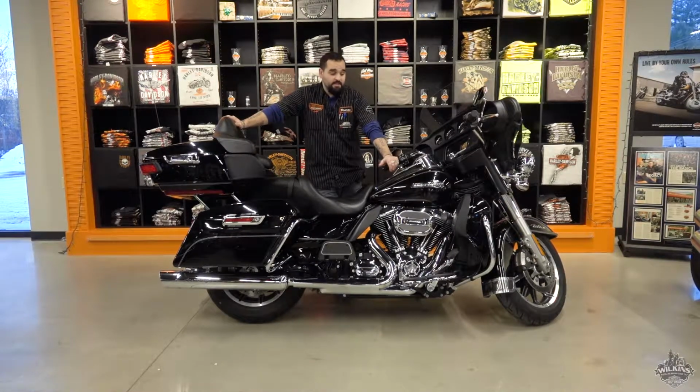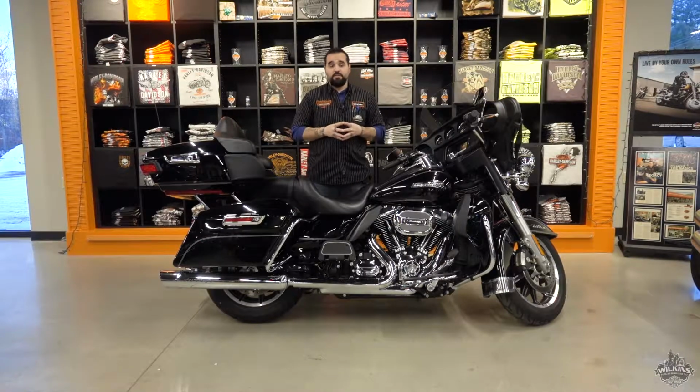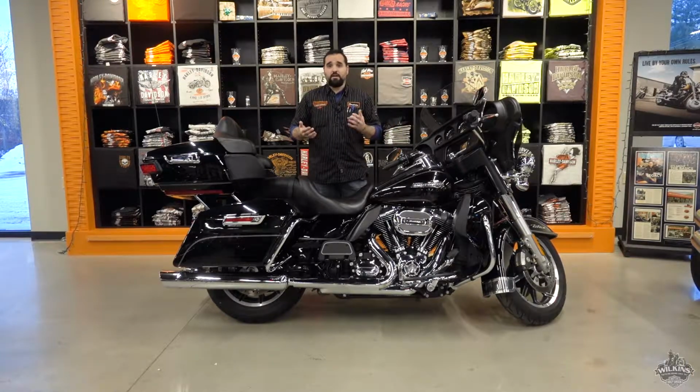Here's a 2016 Ultra Classic FLH TCU in Vivid Black. Mileage is 15,468. During the dyno certification, Wilkins only put just under $200 into this bike. That's because the previous owner had just completed the 15,000 mile service with us by our technicians in-house prior to trading this motorcycle. So essentially all we really needed to do was go back through the bike on our dyno